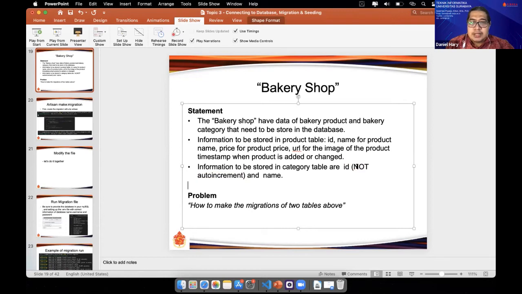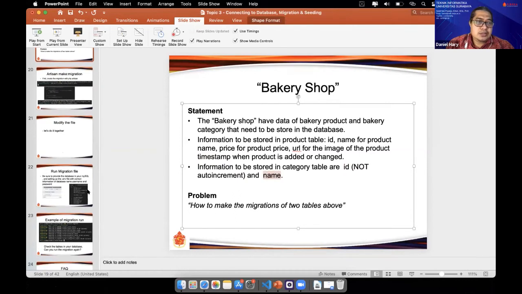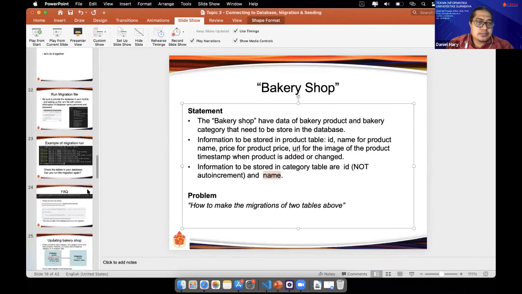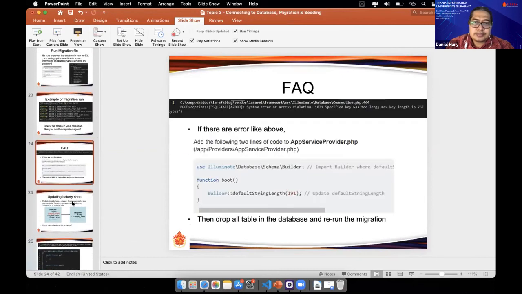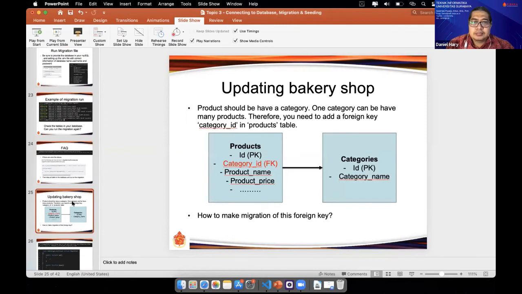Okay, so the ID I think will be integer, and there is a name here, integer and the name. There is no need to create the timestamp also. ID and then name. Okay, we create the category, then we create also the relation. One category can be used for several products.